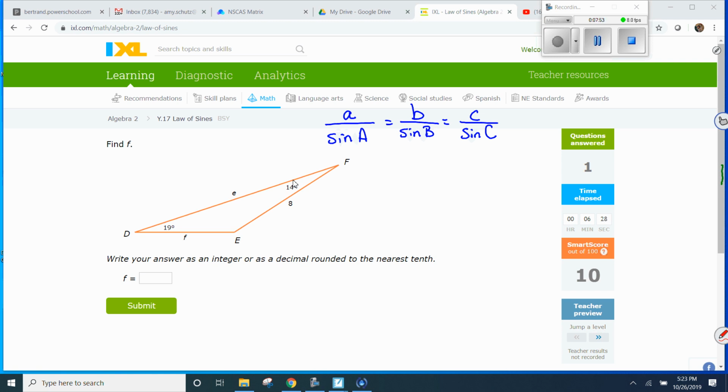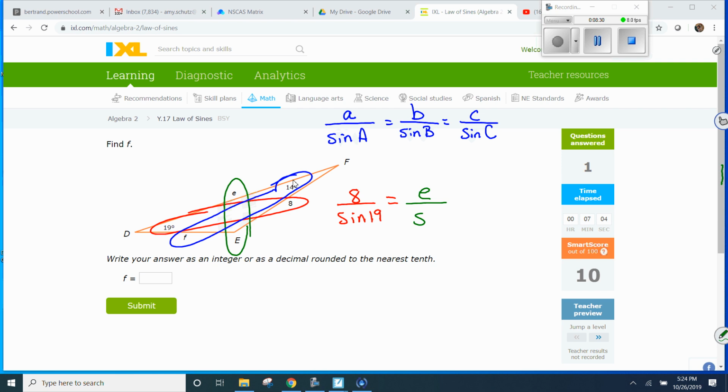So if I look at this one, first thing you ask yourself to help you determine, are you going to use the law of sines or are you going to use the law of cosines? Look and see if you have a pair. 19 degrees and 8. I have a pair. I have E and angle E, and I have angle F and side F. So your ratios that you would set up in the law of sines, since you do have a pair, you have 8 over the sine of 19 is equal to